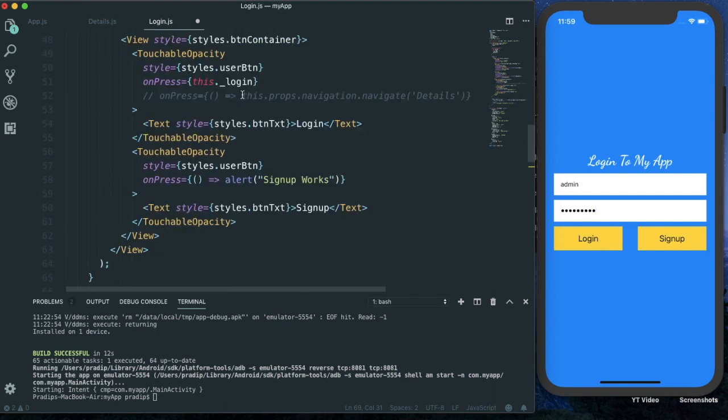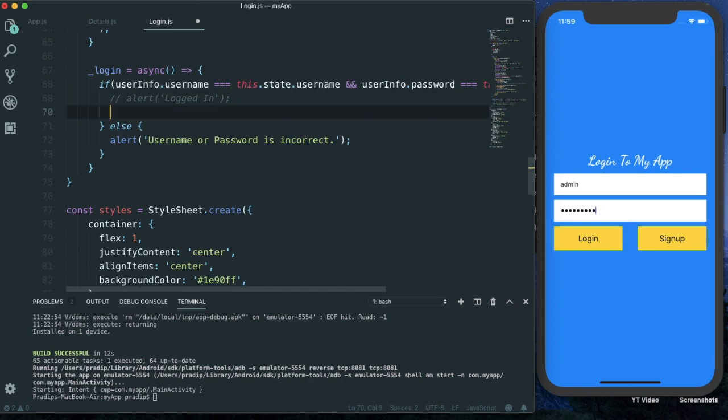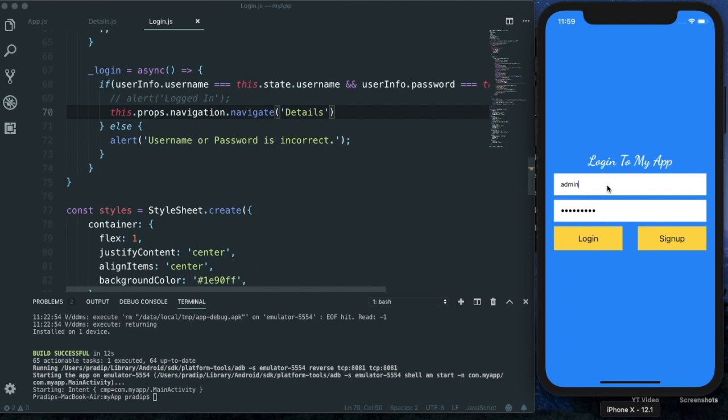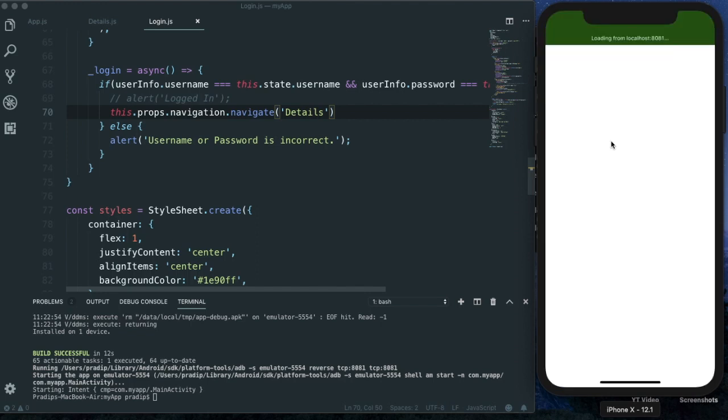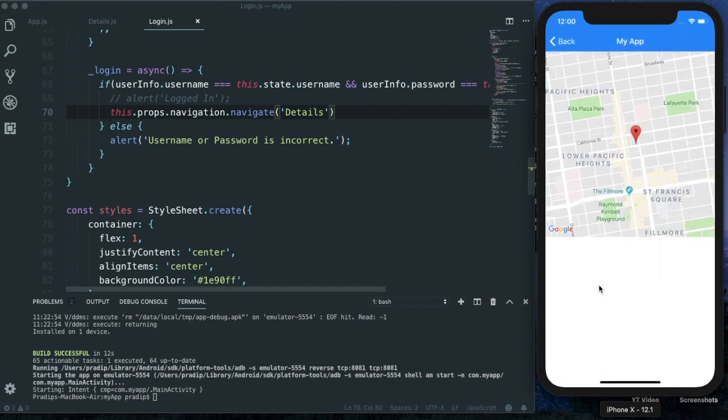Okay, so for this I can just simply copy it and paste this code over here. Okay, so now if I again reload this, then I can again type the details and click on login. Now we can see that our login is performed well, but this is not the correct way to implement it,